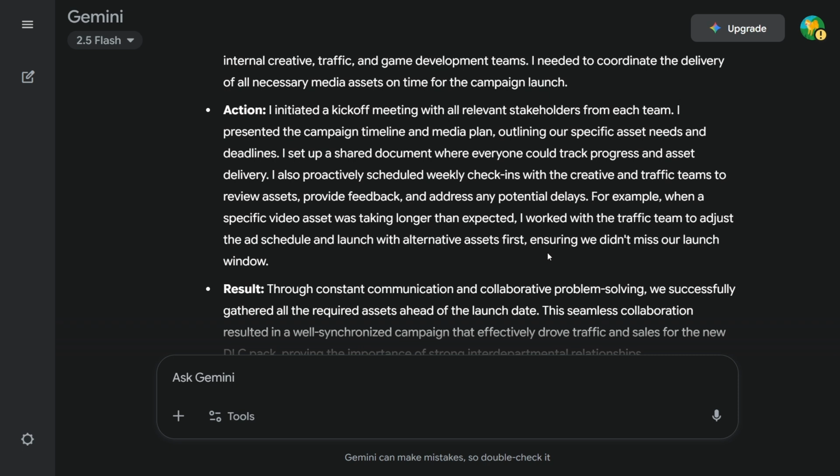Action: I initiated a kickoff meeting with all the relevant stakeholders from each team. I presented the campaign timeline and media plan outlining our specific assets needed and the deadlines. I set up and shared a document where everyone could track progress in asset delivery. I also proactively scheduled weekly check-ins with the creative and traffic teams to review assets, provide feedback, and address any